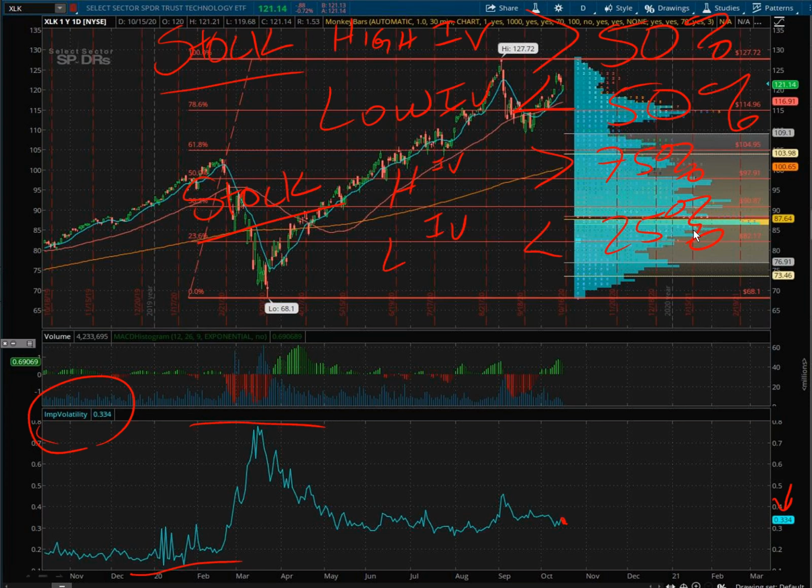Now, one thing I also want to note is I've been talking, and I think that we are kind of out of the woods of that extremely blown out implied volatility. Yes, I do think for the rest of probably 2020, we're going to continue to see high implied volatility, or higher than what we were seeing in 2019 for sure. So for the rest of this year, I think we're going to see relatively elevated, like the VIX 20 is the new teens, right? So I don't think that high implied volatility is going back to normal.